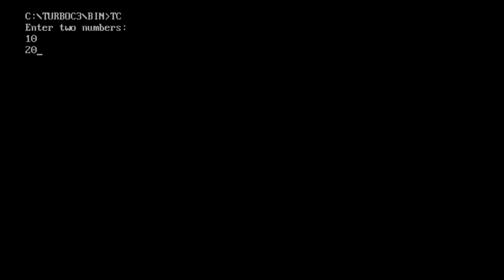So enter two numbers. Two numbers are entered by the user, 10 and 20. 10 will be stored in num1, that is the first variable after cin, and 20 will be stored in num2, that is the second variable after cin. Then after pressing the enter key, the next statements will be executed. The sum will be calculated, the average will be calculated, and then the cout statement will be executed, that is addition equal to and average equal to. So addition equal to 30, and average equal to 50. This is the entire output of that program.